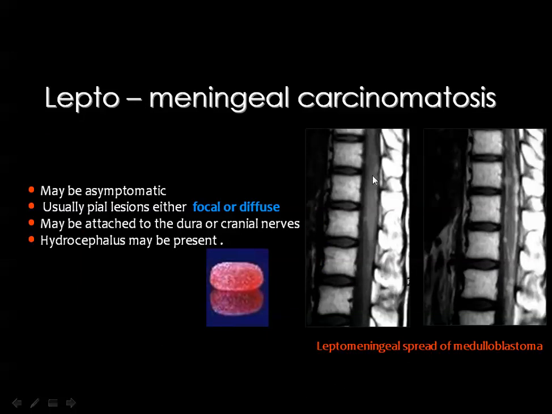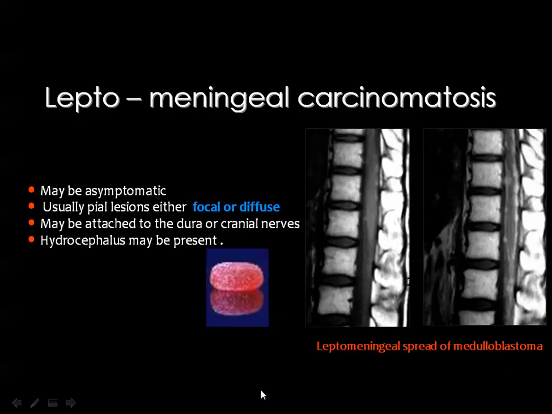Before contrast injection, you may predict that there are some leptomeningeal lesions, but after contrast injection, you are sure that there are leptomeningeal nodules, and also you can see enhancement of the leptomeninges covering the distal part of the